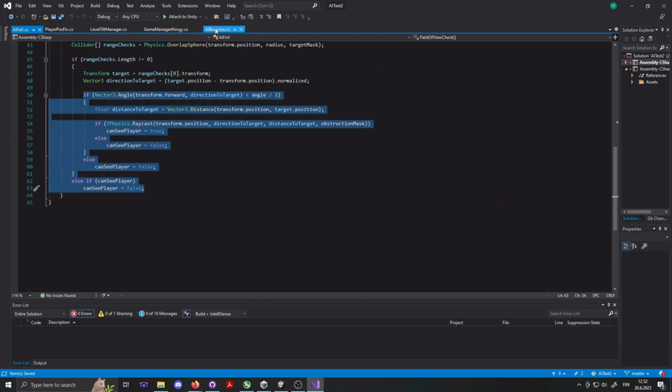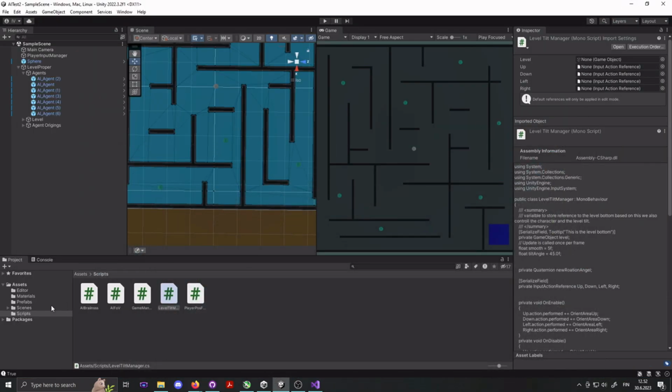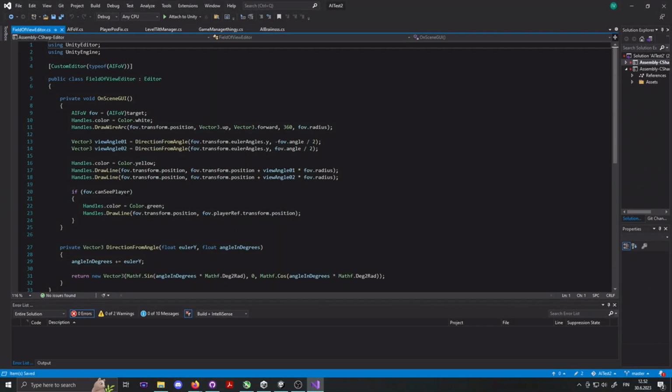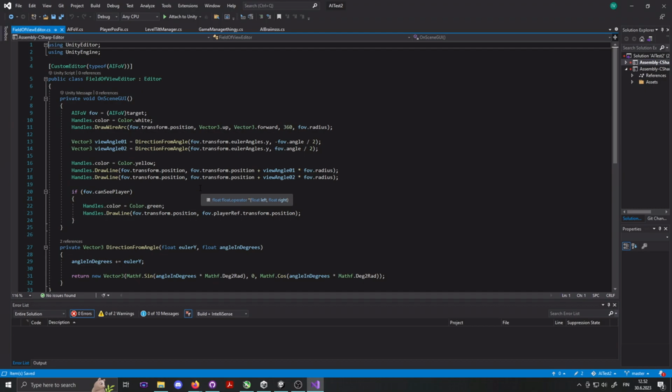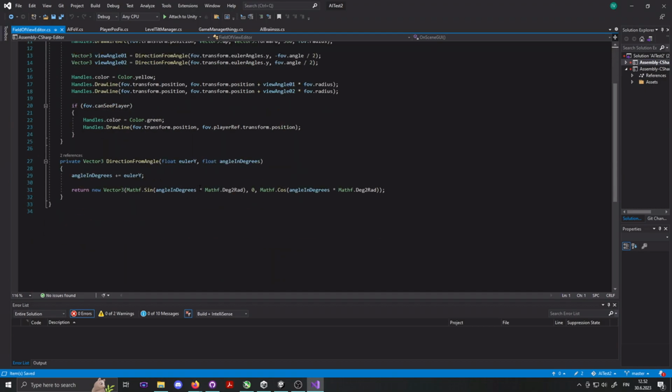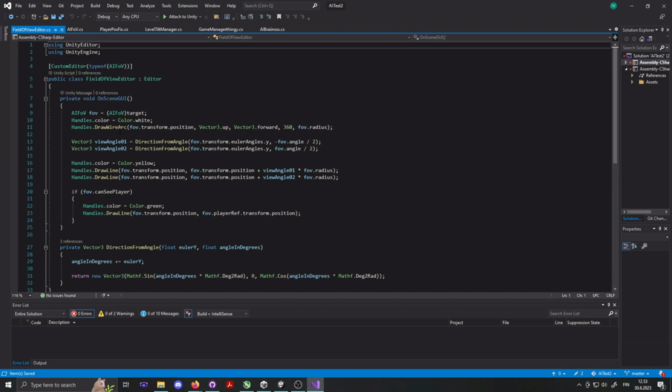Yeah. And that is basically how the AI works. In explaining the first part, and the field of view, we can also take this. This is not my code either, but this is editor code that just draws the gizmos on the screen. Again, not my code. I still need to comment this out so it is readable for everybody else as well, and I need to figure out how it works exactly, because from what I understand right now, it just takes